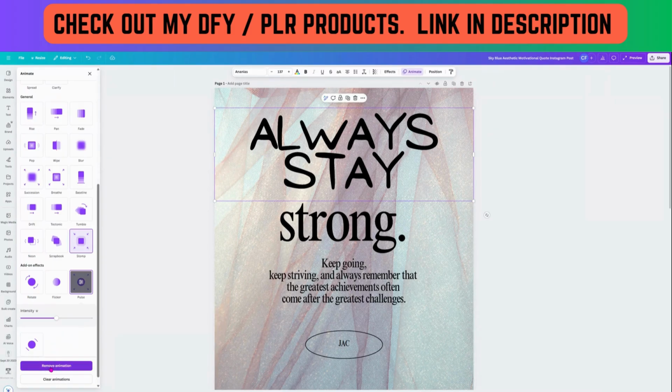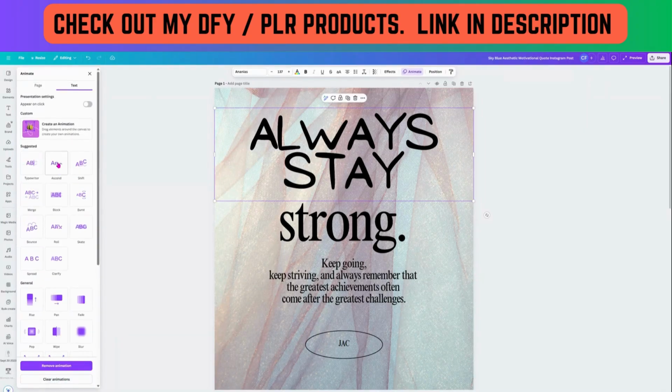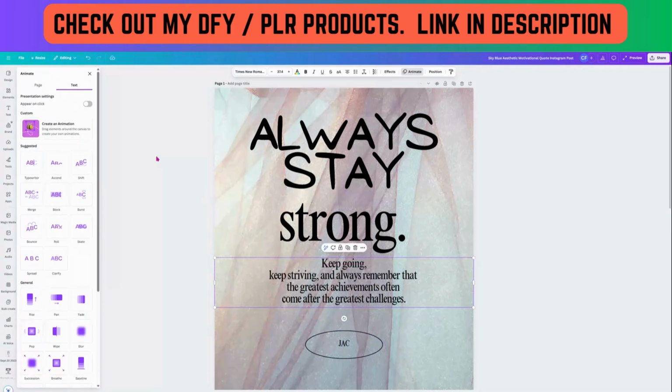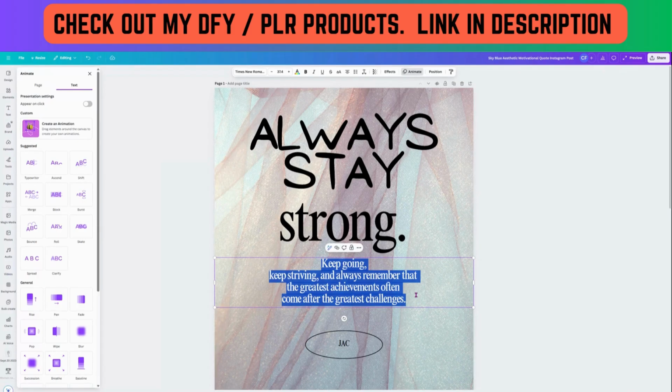And of course, if you want to remove the animation, you would remove it. And clear animations would clear the add-on effects as well as the original effect. Okay, so let's just leave that like that. Now, if you want to change whatever is in here, and I would advise that you do,